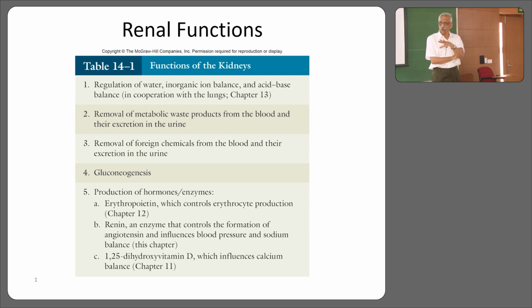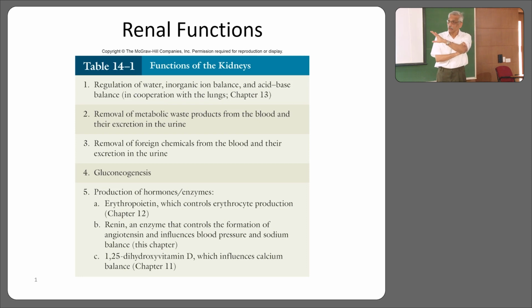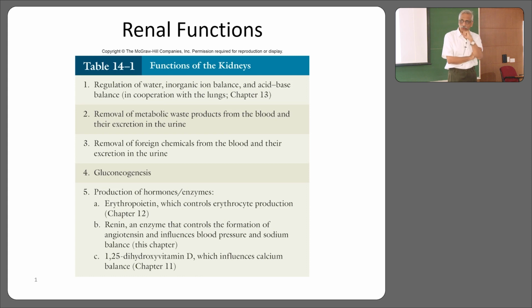Another very important role is sodium and potassium ion concentration. It has to go back to our homeostasis. Make sure that the sodium ion concentration in the blood is always guarded within very narrow limits. So sodium ion and potassium ion concentration is very important. Then yet another very important function is that every time an amino acid is broken down, some H ions are released, and if those H ions are allowed to remain, it will alter the pH.